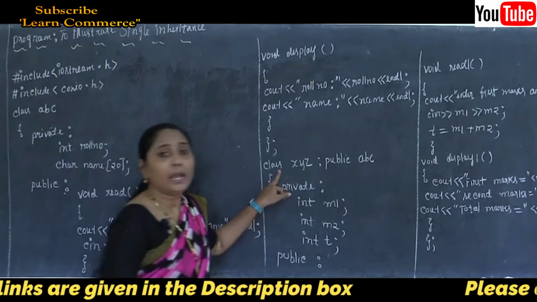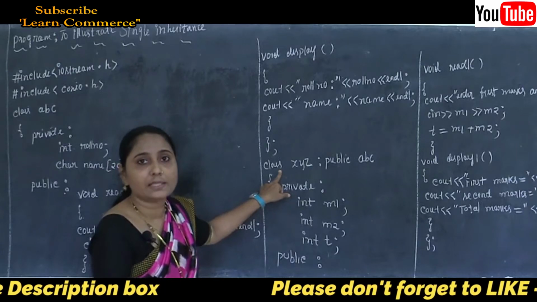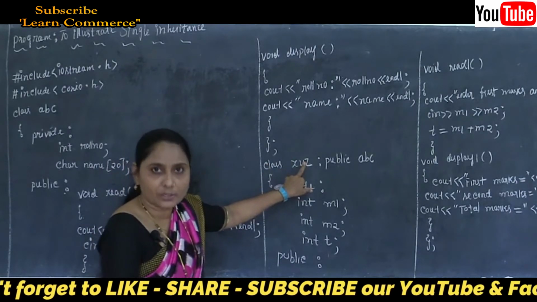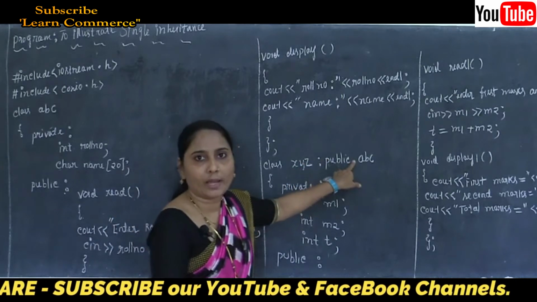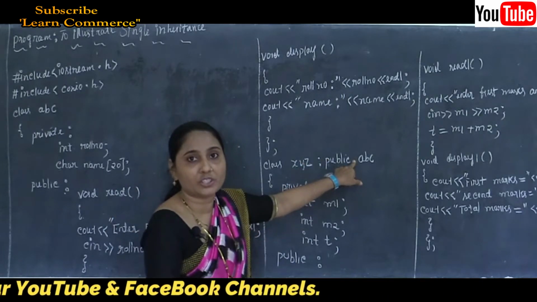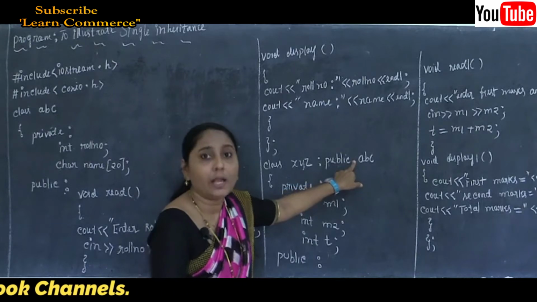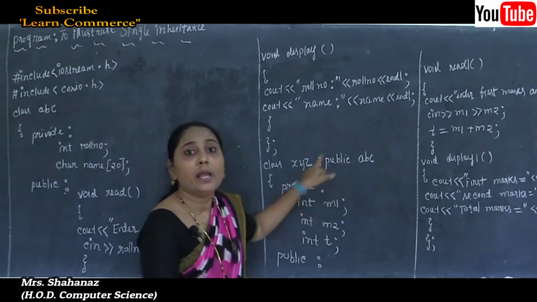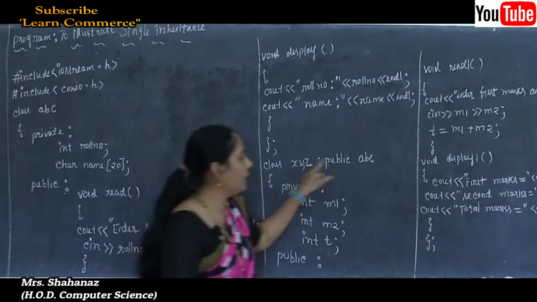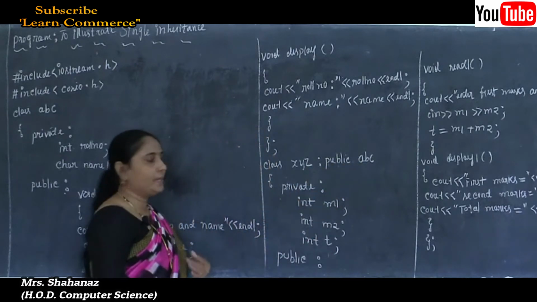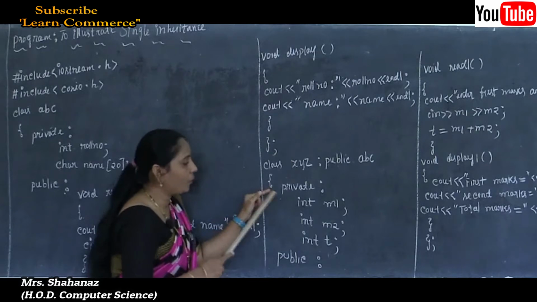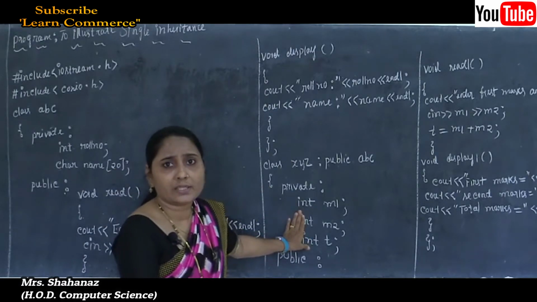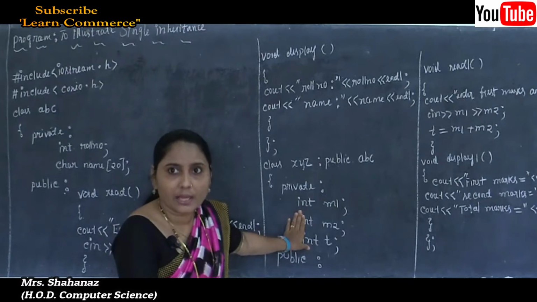So this is the definition of the derived class. The definition of the derived class is class, derived class name XYZ, colon, and from the visibility mode, I want to access the features from the public side. In the public side, the features read and display are going to be accessed by our new class XYZ, and the base class name is ABC here. Then the opening of the curly bracket, and we already know that the new derived class not only